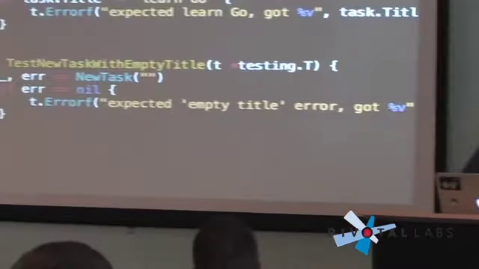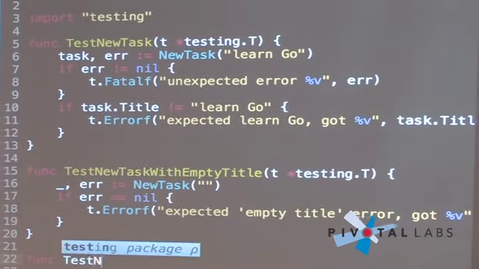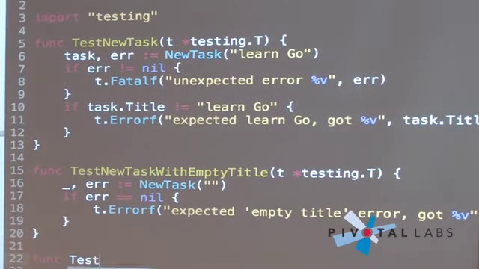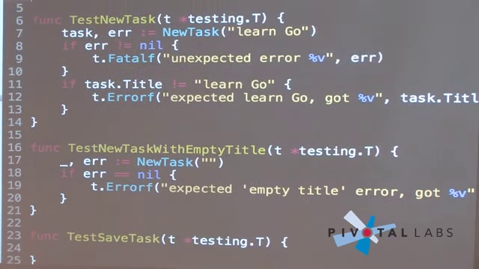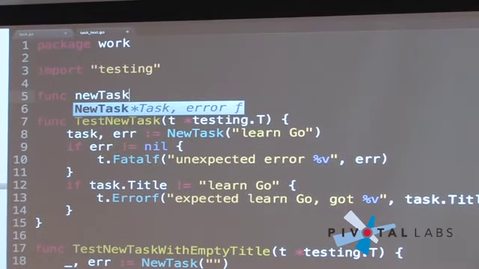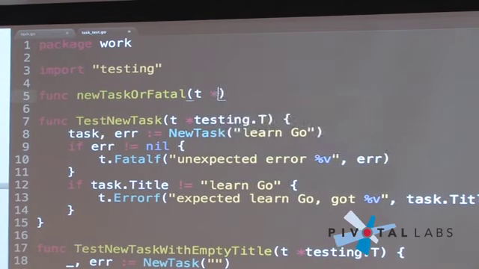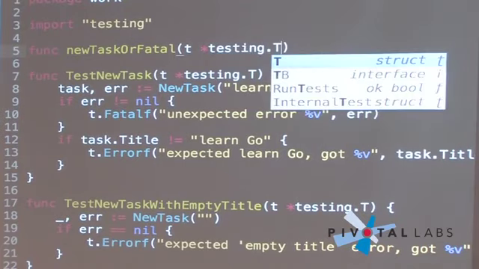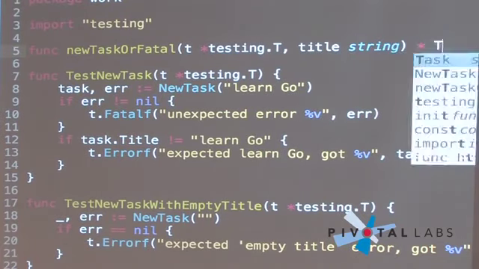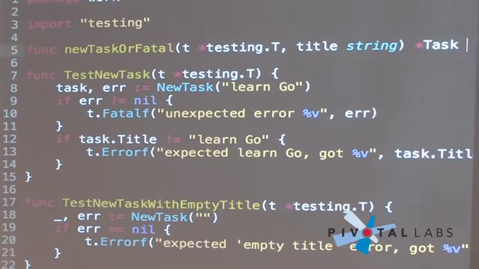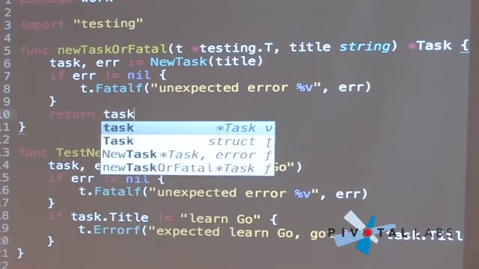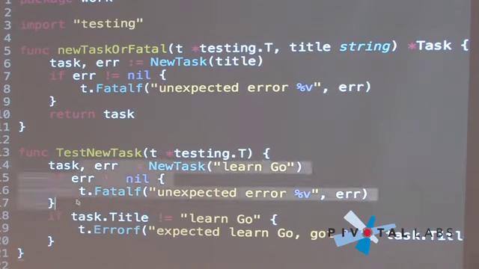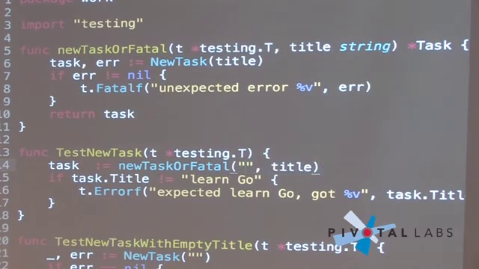Now I'm going to go a little bit faster and ignore the rest of the functionalities of task. And let's go to how do we save a task. And we could say, okay, so I'm going to create a task the same way. Actually, I'm going to do some refactoring first. So it's going to be new task or fatal with the same thing, testing.T and a title. And this always returns a task. And it's what we're doing here. So that's going to be the title. And otherwise, return task,